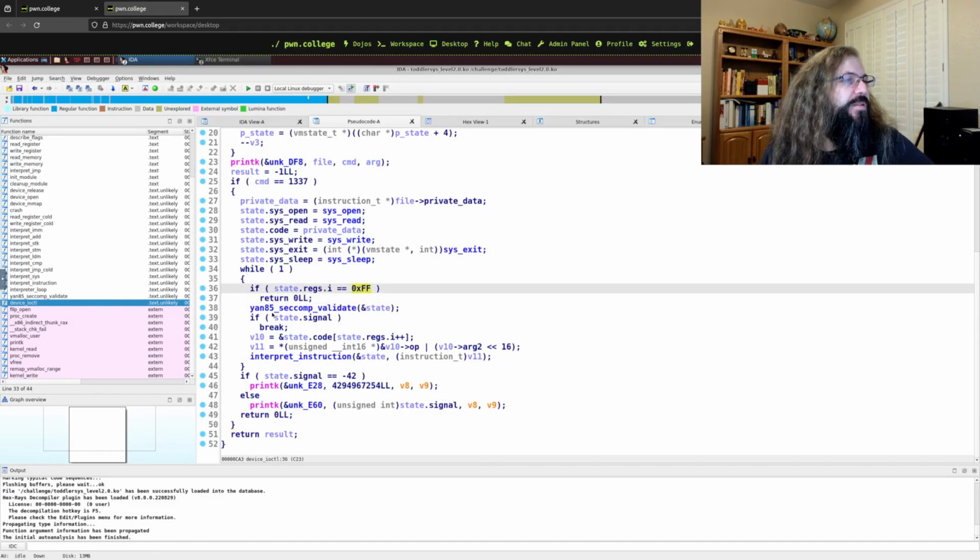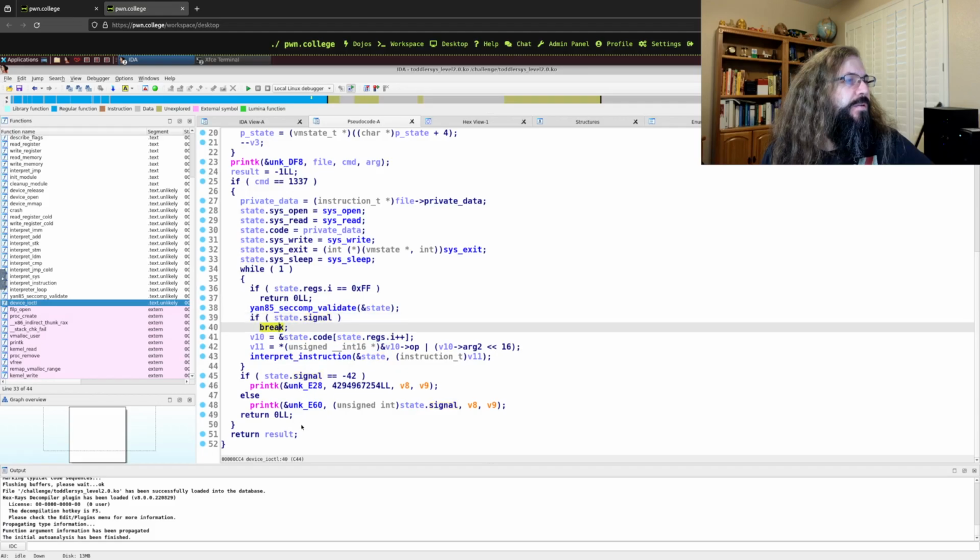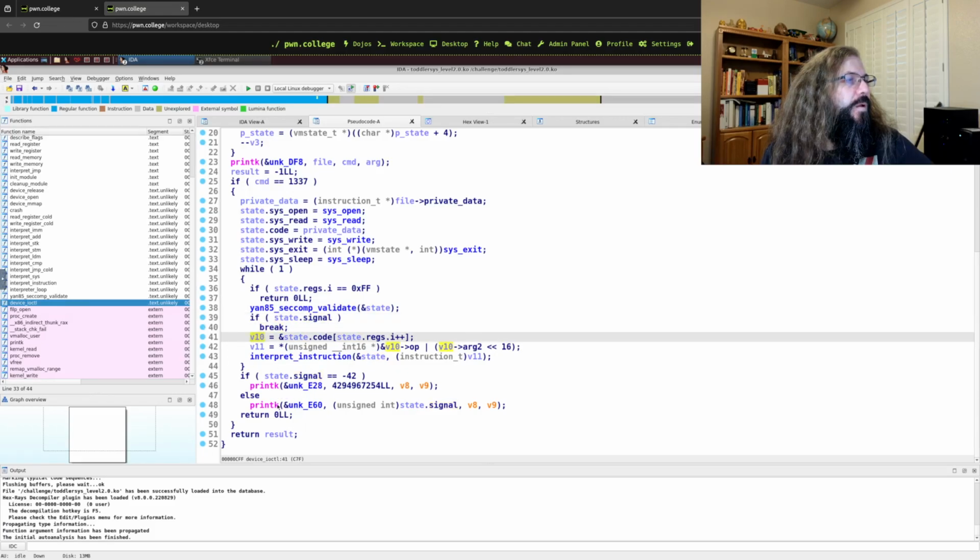Assuming that we are not on the last instruction, there is a Yan85 seccomp validate, and it's going to validate this state. This is if state.signal, then we break. Otherwise, we're going to grab the byte at the instruction pointer, the Yan85 or YPU's instruction pointer, because this is a post increment. So we'll grab the value and increment the instruction pointer. That value then,